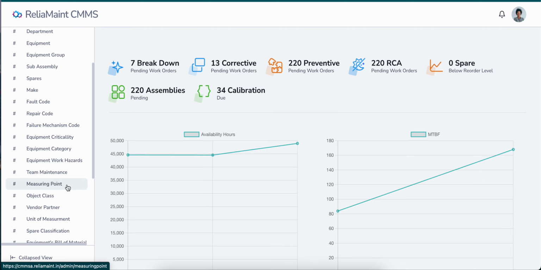For example, if oil pressure should always be more than 5 kg, we create one measuring point, assign it to the equipment, and monitor this oil pressure value. Once the oil pressure drops below 5, it triggers a work order. So this is the requirement of a measuring point.